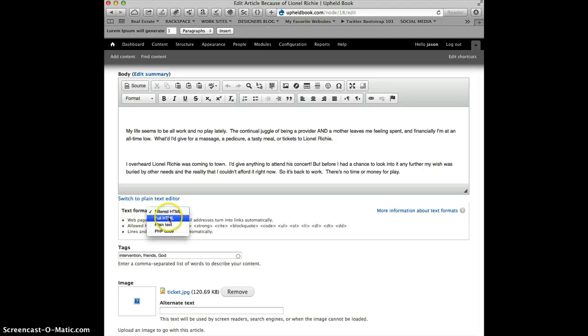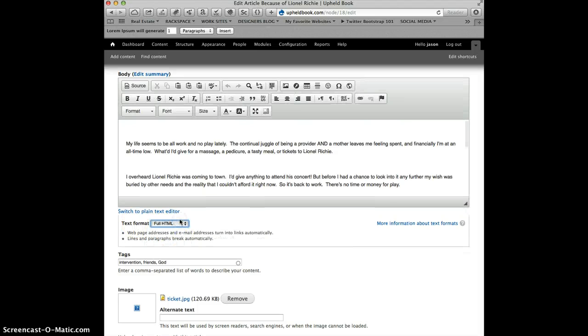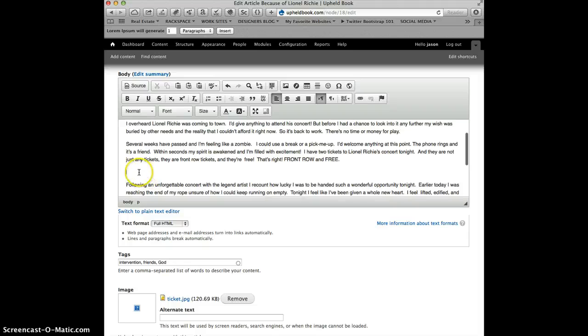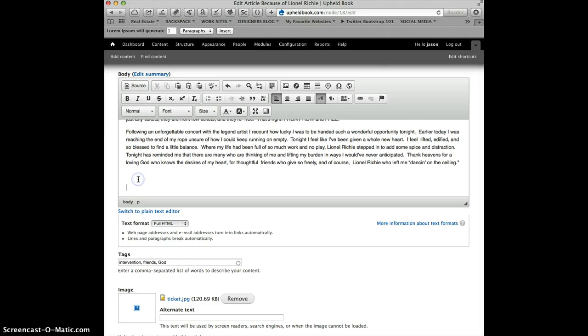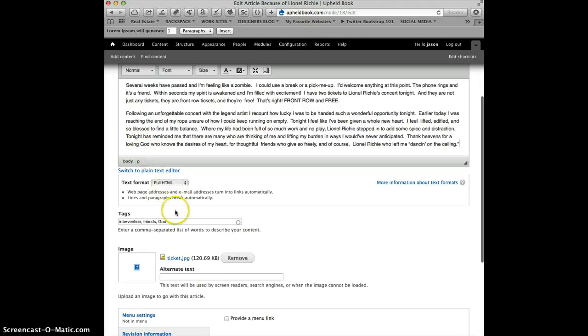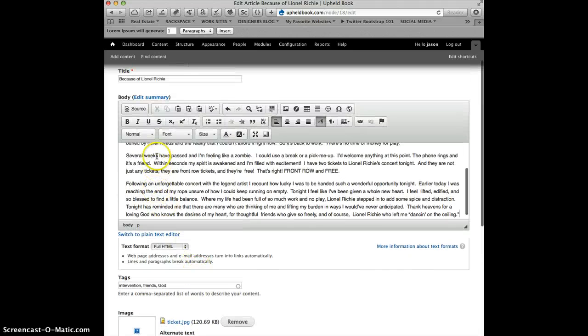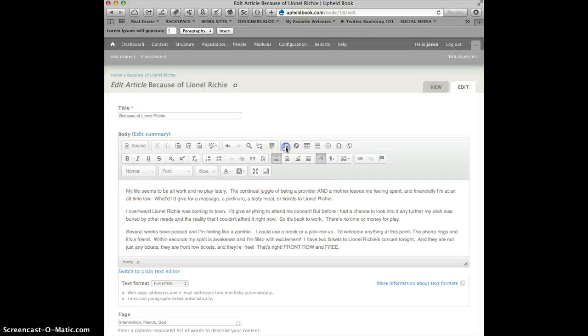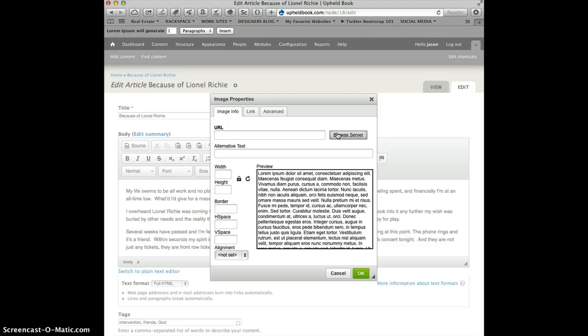Make sure your text format is always set to full HTML, and just kind of clean up some of these extra spaces here by selecting them and just backspace. Okay, go to the beginning, hit that, browse the server,